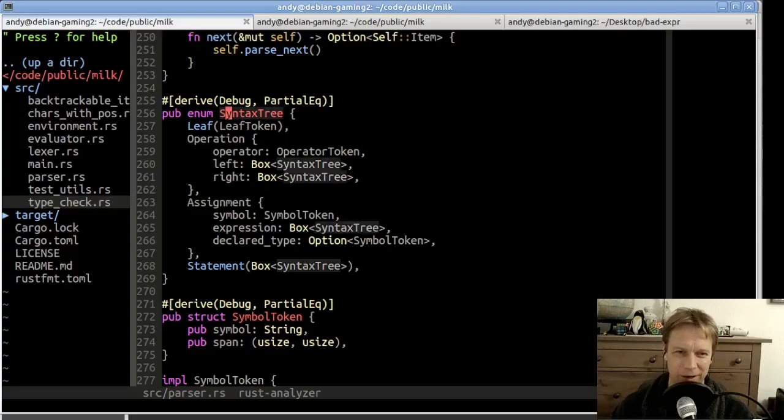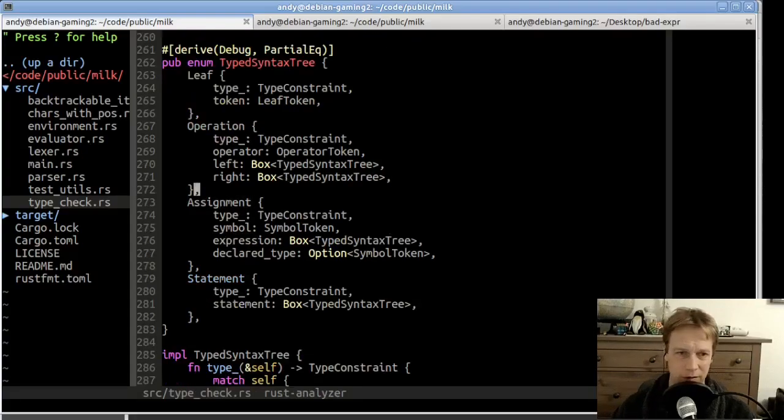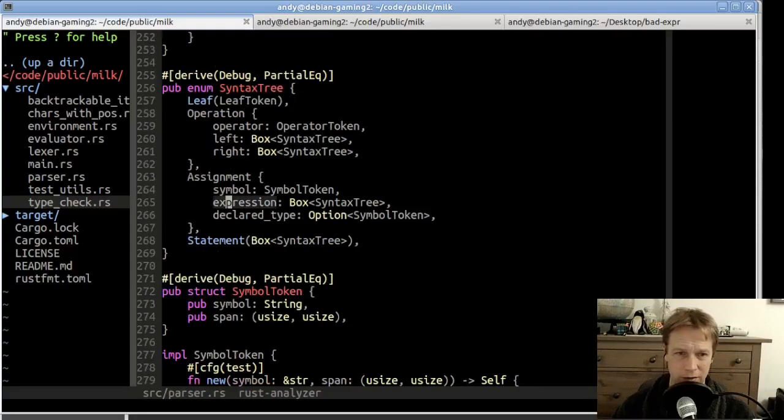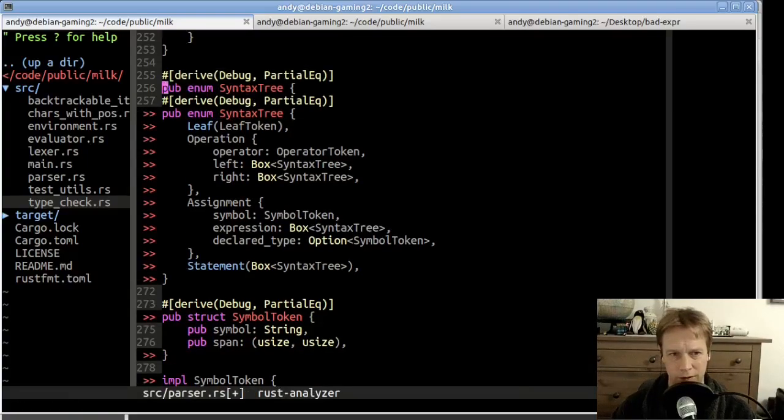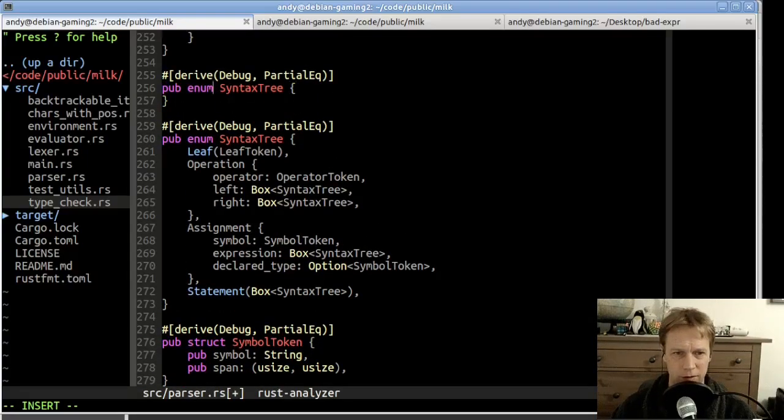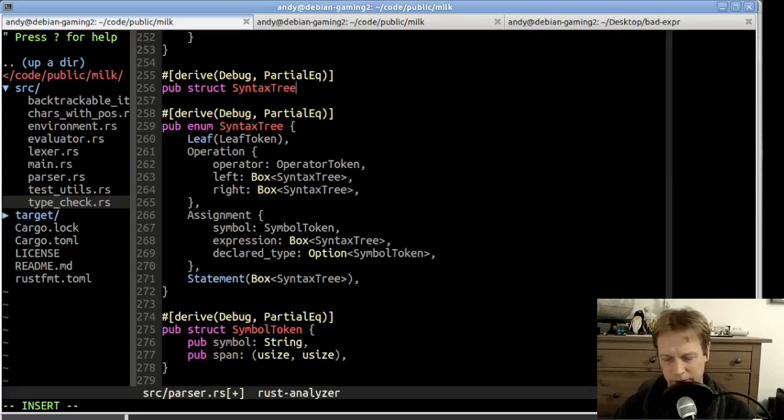All right. So we have a thing called a syntax tree. We still want a thing called a syntax tree, and it's still going to contain all this information. And we have a thing called a typed syntax tree, and again, we still want it to contain this information, which is a type and essentially all the same stuff as a syntax tree. I think the way to do this is to have a new thing called a syntax tree, which is probably going to be a struct type, and it's just going to be a struct type like this that has one thing in it. And it's going to contain something which I think maybe we'll call syntax node,